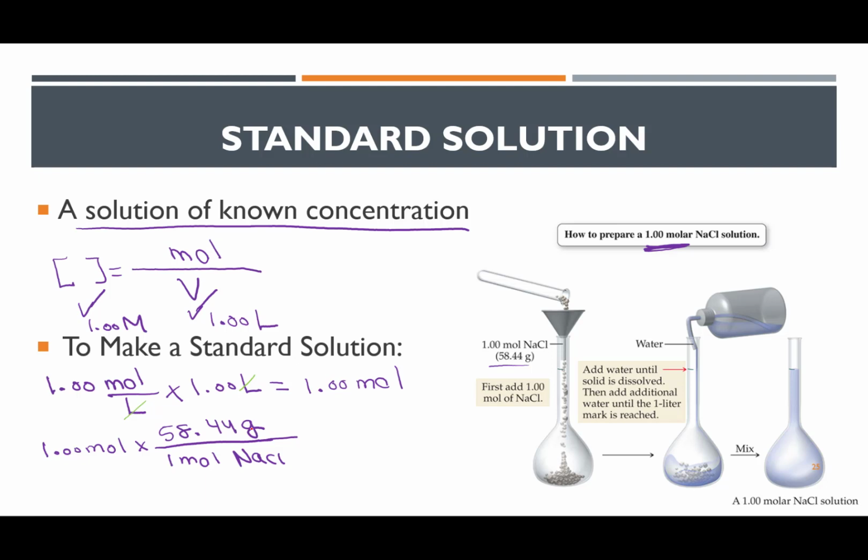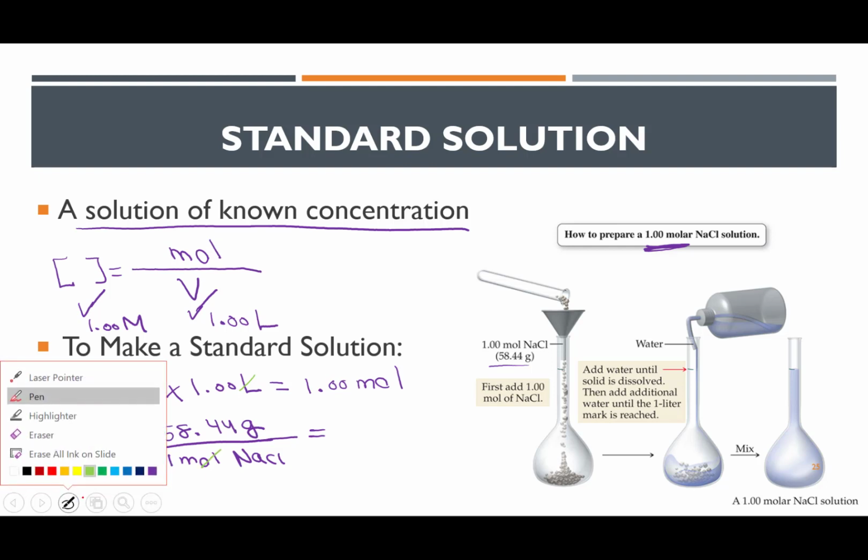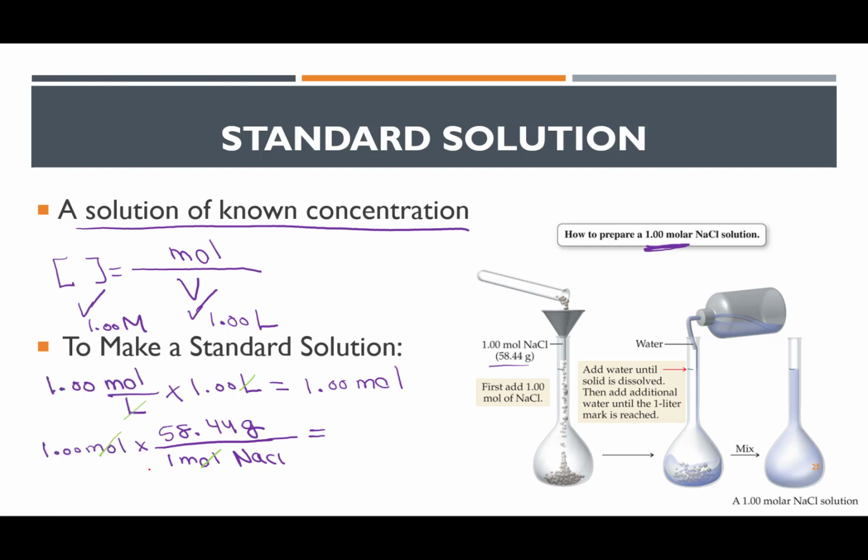That's the molecular weight of sodium chloride. Here I set up my equation so that the number of moles gets canceled out and I will end up with mass, which is equal to 58.44